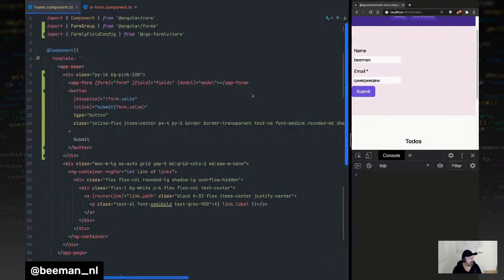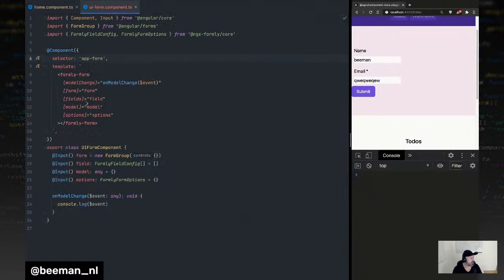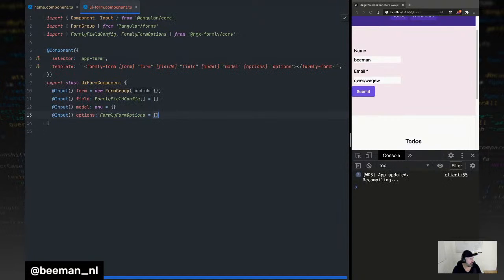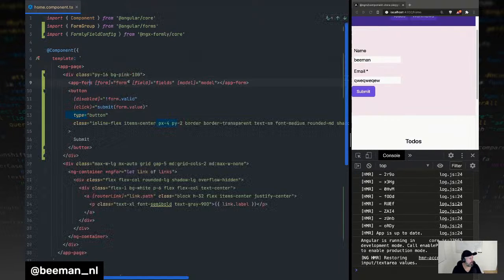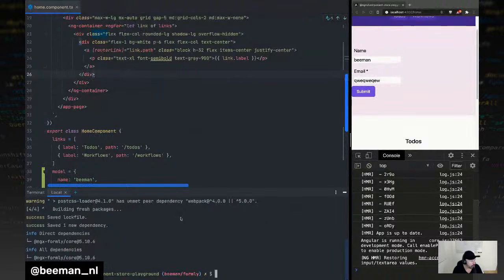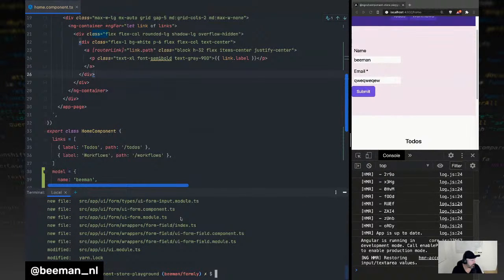One other way. So cool, let's get rid of this onModelChange because we're not going to use anything of this right now. And we're going to leave our app form simple as is. And here we have the button. And now I'm not sure if Tailwind can handle disabled form state. It's not really bothered with this yet. Let's